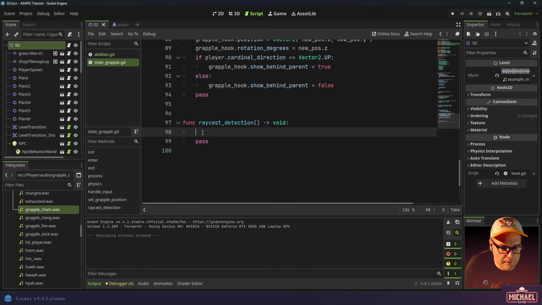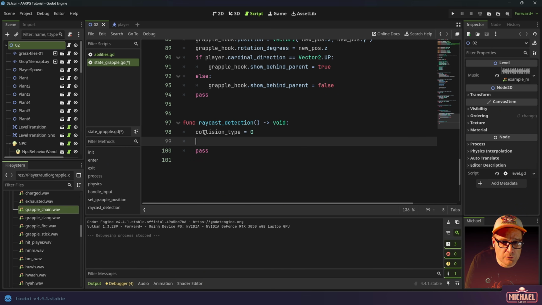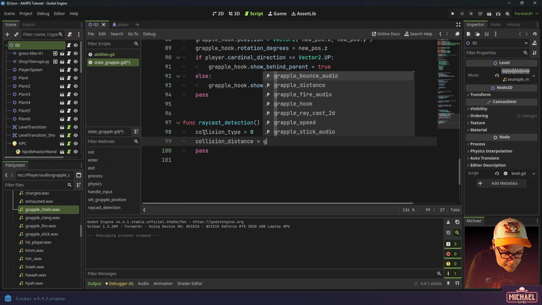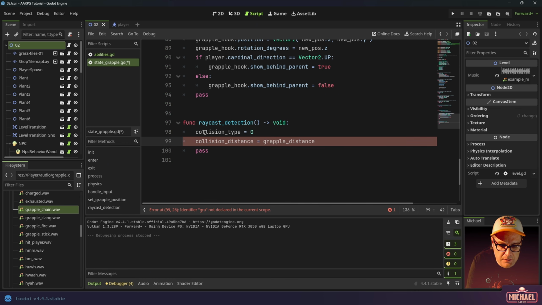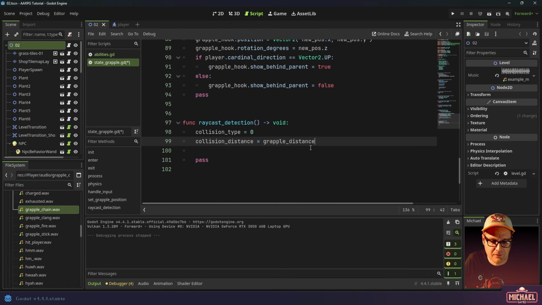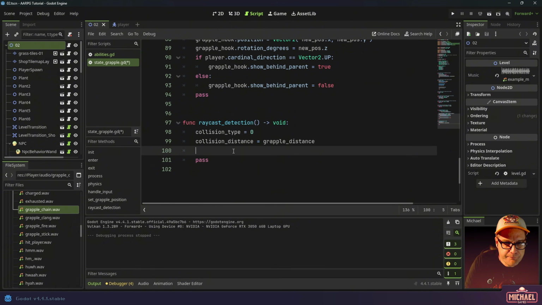building this function. Now, the first thing we need in here is we're going to set our collision type, because one of the things we're detecting is what type of collision. And the default is 0. So we're going to reset it to 0 here. And then we're going to also set our collision distance equal to the grapple distance. Okay, meaning if we don't have anything that we collide with, then this distance should be the maximum length of the grapple hook. Okay, so we'll just set those two values because we're going to use them later on in